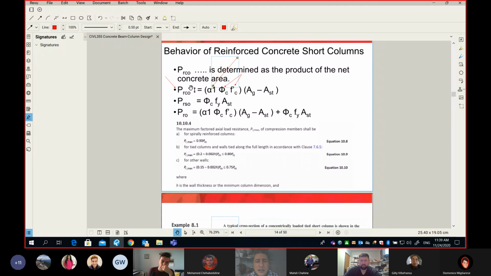We simply multiply by the area exposed to the stress. And the area exposed to the stress is very simple. It's the gross area of cross section minus the area of the steel. The area of the concrete is equal to the gross area minus the area of the steel. Would you agree? Yes. Okay. And then what happens is when you multiply stress times the area, you will get the concrete